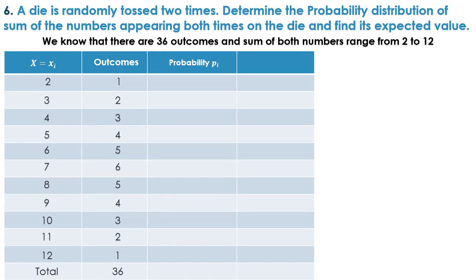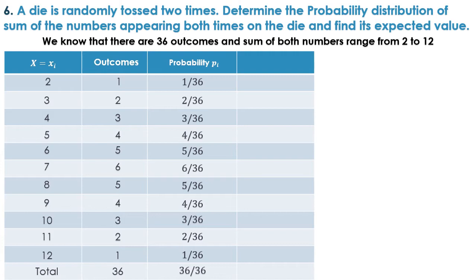Now we have to calculate the probability, and our method of probability is favorable outcomes divided by total outcomes. Now for each sum we have the favorable outcomes, and we will divide it by 36. So we get 1 upon 36, 2 upon 36, 3 upon 36, 4 upon 36, up to once again 1 upon 36, and the total of all these probabilities is 36 upon 36, that we already know. So this is the probability distribution which was asked as the first question.